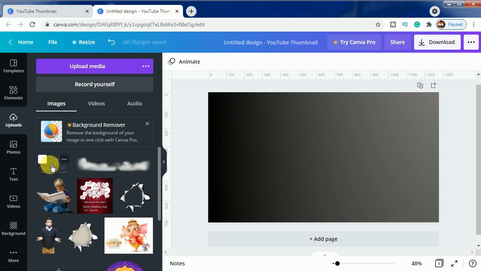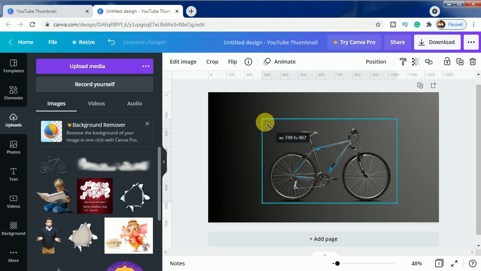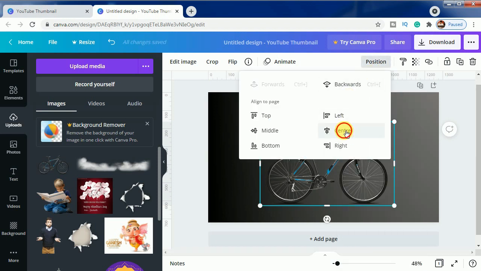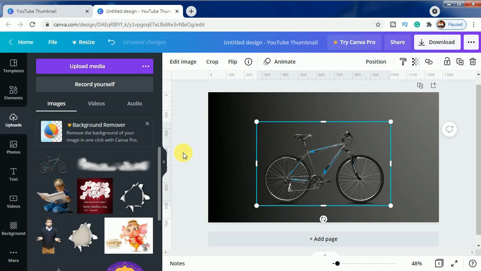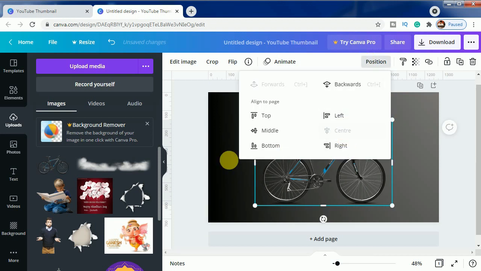So first we will choose this bicycle. Let's make it a bit smaller, and now let's position it to center. Okay, now it's done.